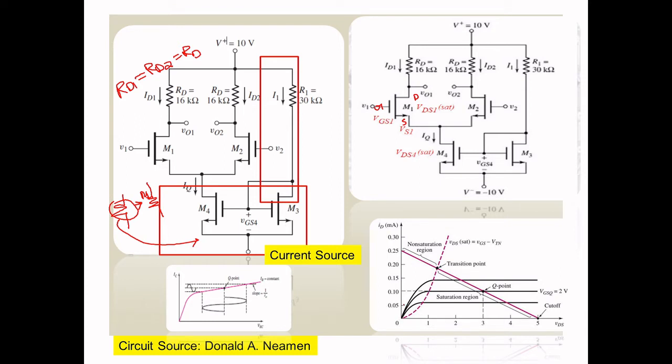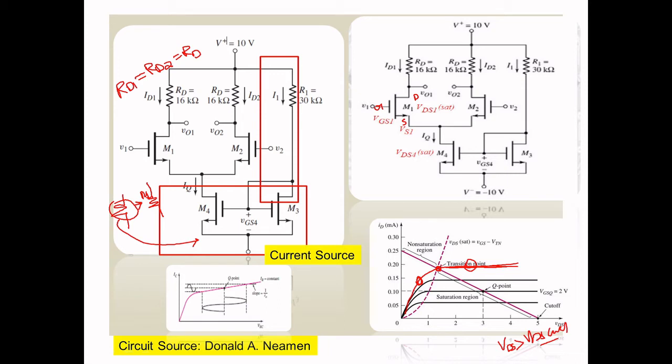So if you draw the response, you can see this transition point between the saturation region and the non-saturation region. This is the voltage at which the current saturates, so there is no more current increase after this. That is VDS saturation. Even if you increase the VDS voltage greater than VDS saturation, the current will not increase, so it will be saturated. This is the transition point you want to know.